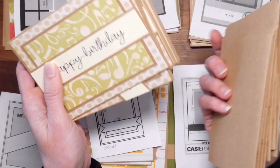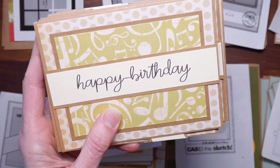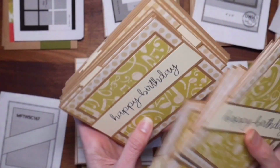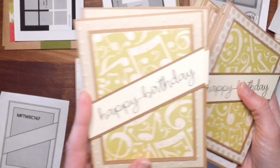Some go this way just because I felt the orientation of the lines on the music note paper, I wanted them going in the correct way as much as possible. So that was just a little bit different version. And then I did run out of